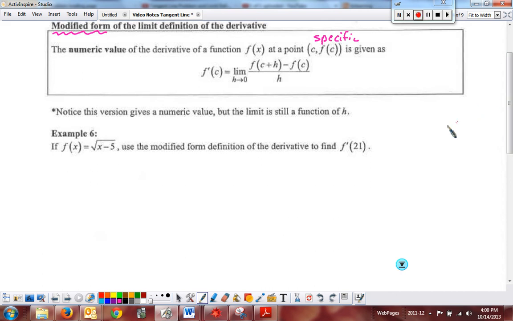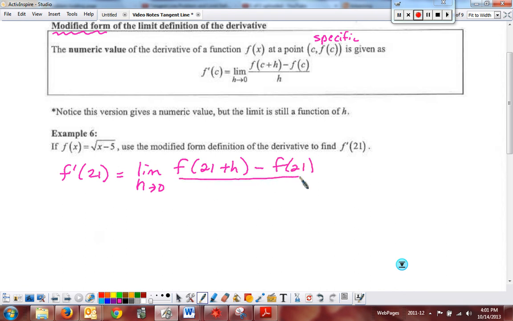One, I'm going to let you do this problem basically on your own. I want to find the modified form of the definition of derivative. I just want to find f prime of 21. I don't want to find a general formula. I just want to plug and chug right to what the slope is at 21. So we would do the limit as h goes to 0 of f of 21 plus h minus f of 21 all over h, which in the next step, by simply plugging and chugging with our formula,